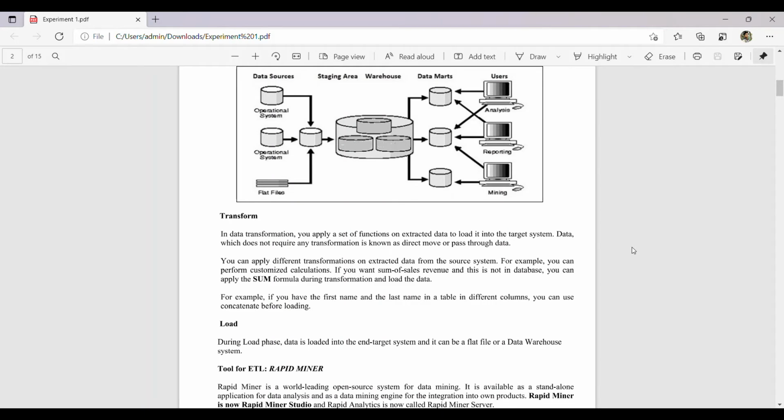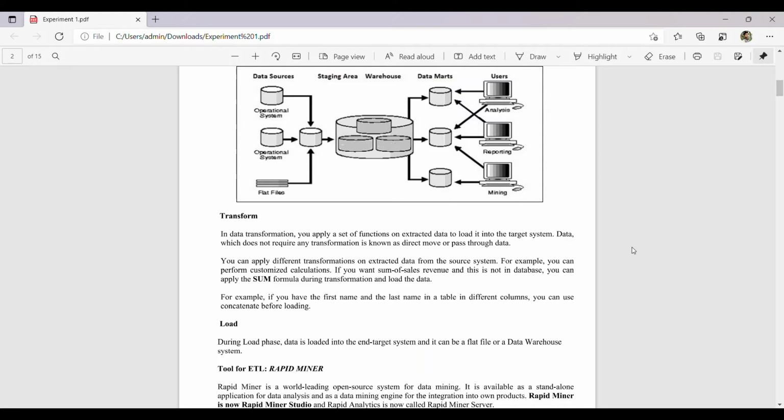Now we will see about transform. In the data transformation, you can apply a set of functions on extracted data to load it into a target system. Data which does not require any transformation is known as direct move or pass through data. You can apply different transformations on extracted data from the source system.